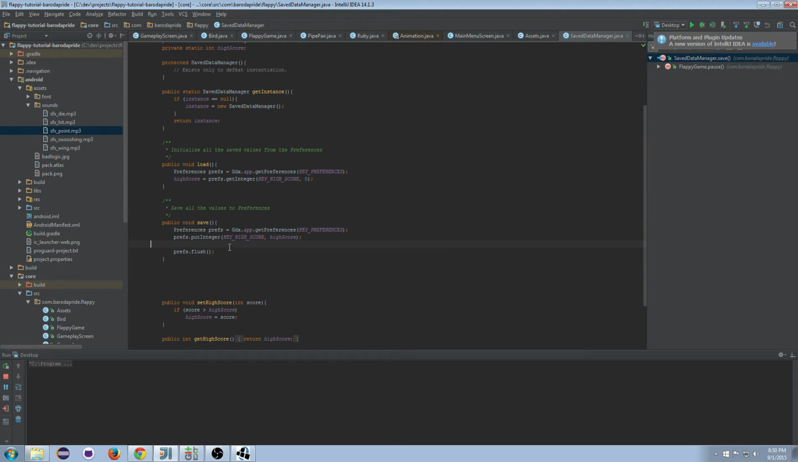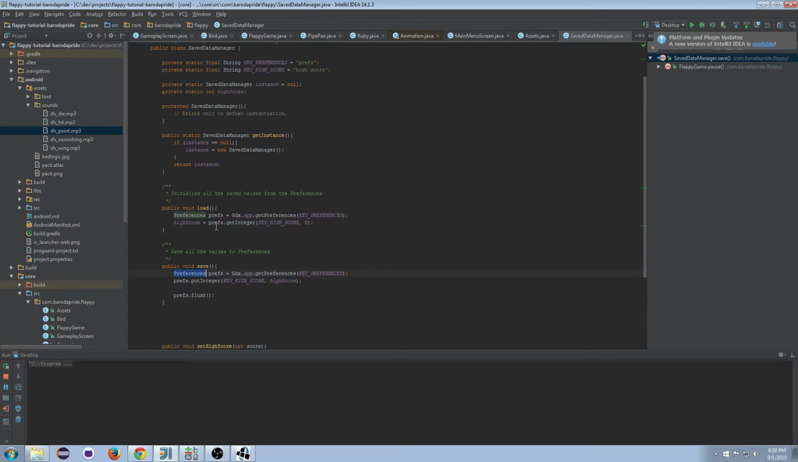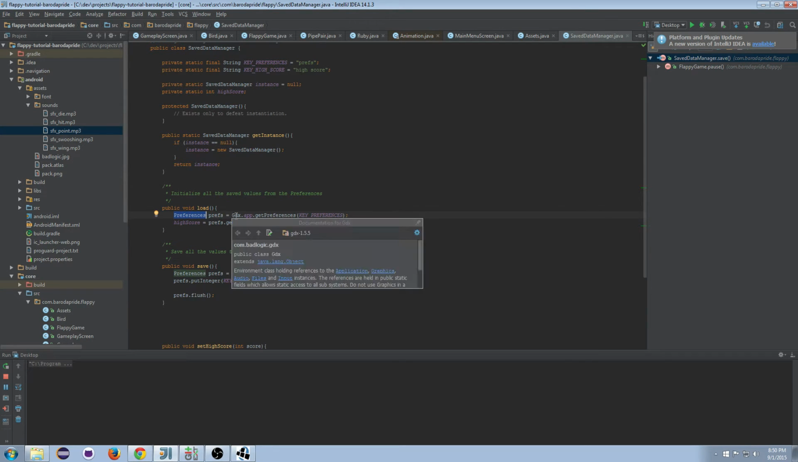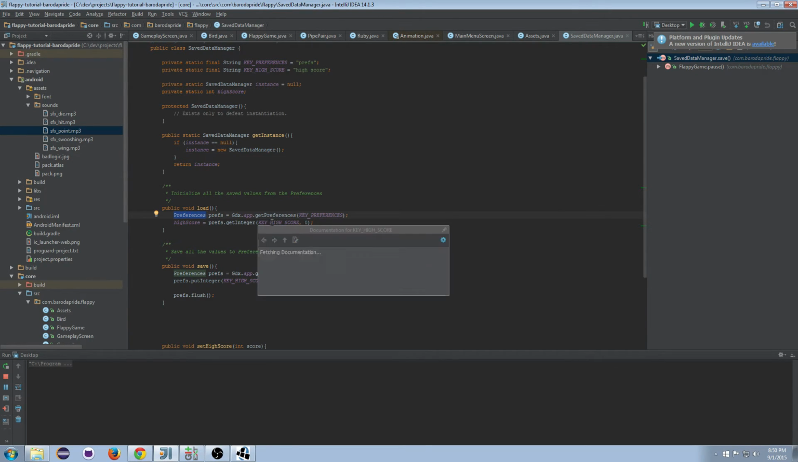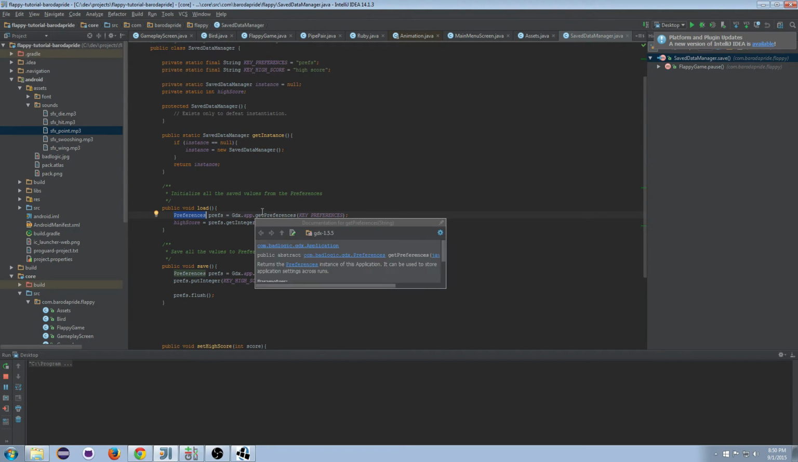This works for any platform. This is a GDX preference. You'll see basically the data is saved in this preferences object. The preferences object works on Android, iOS, desktop, whatever it is. It's a GDX thing. It's platform independent, so you don't have to write any platform specific code to do this. It'll work when you're testing on desktop and Android. So basically, you just get the preferences, and the preferences is just